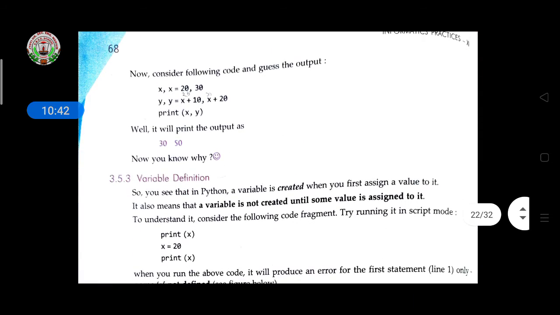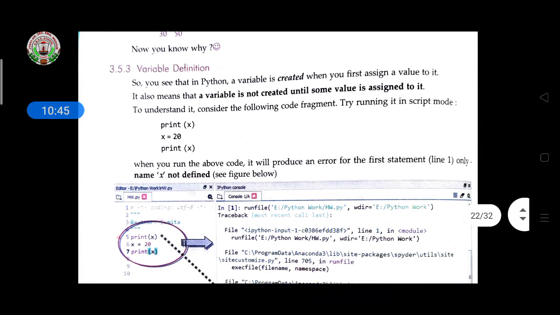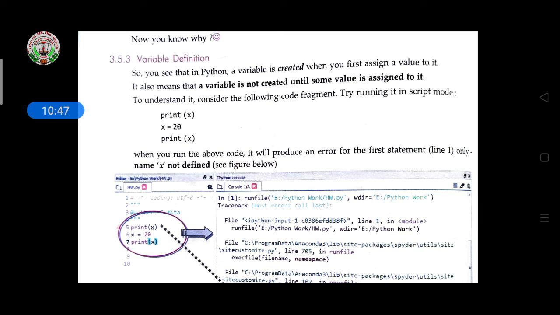Now the next one is variable definition. You see that in Python a variable is created when you first assign a value to it. So it also means that a variable is not created until some value is assigned to it. So first of all you have to assign a value to the variable and then you can give the print command. Print x is given here, then x equal to 20, then print x.